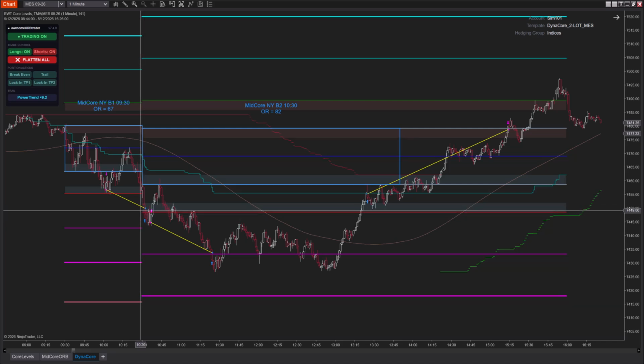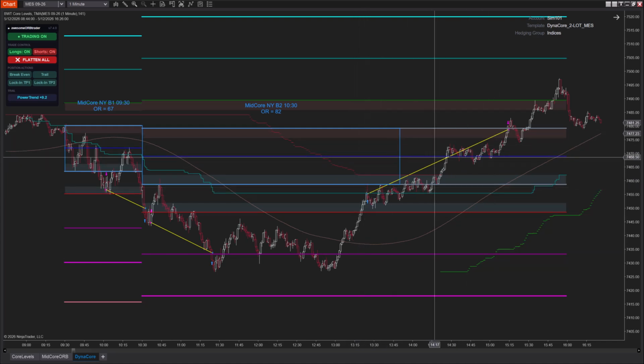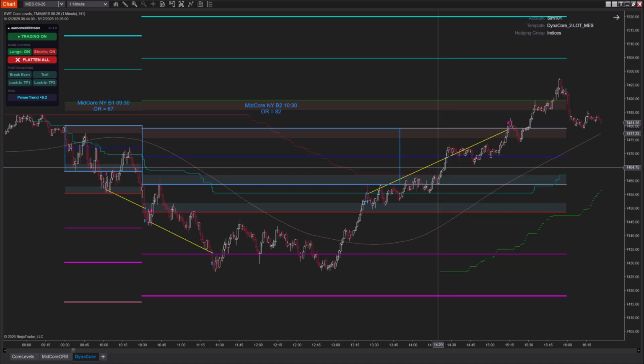Once it gets to that level, a new setup needs to form, and then it goes down to the next level and so on and so forth. Okay, so in this case, it got to the first level, to the second level, turned around, got back into the ORB. And here's another feature: once it gets in the ORB, it'll trade inside the ORB from the lower part of the ORB to the POC, which is this blue line. You can take the whole thing out of here 100%, or in this case it went 50-50